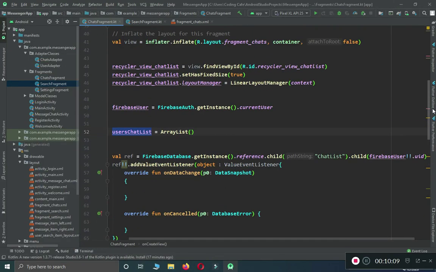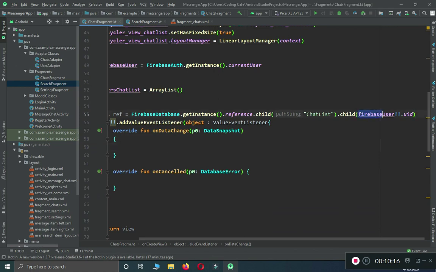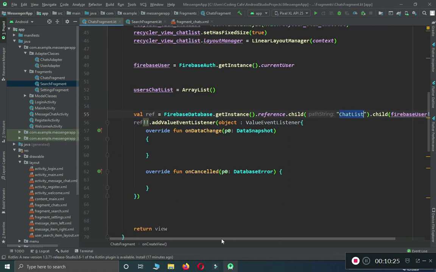Anyways, here now we are going to retrieve the chat list one by one. For which user? For this online user. Let's say I am the online user, so I am Muhammad Ali. So it will get my Firebase ID inside the chat list, retrieve it and display it. Hopefully you understand this. So yeah, we can say that user chat list as array list dot clear